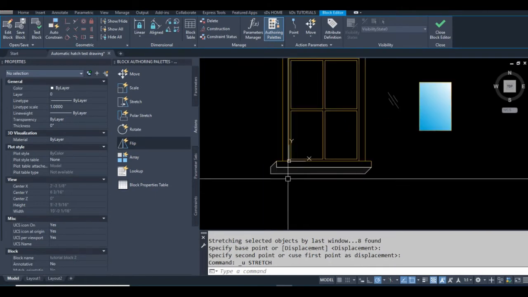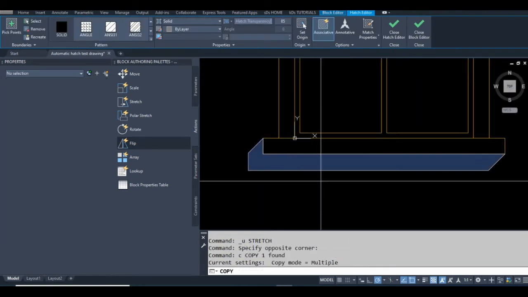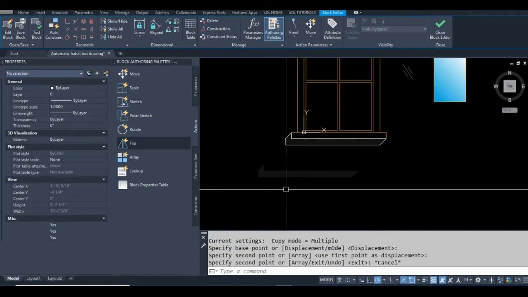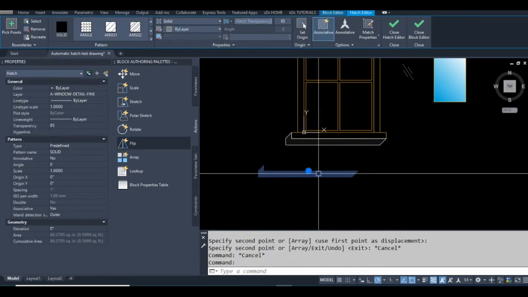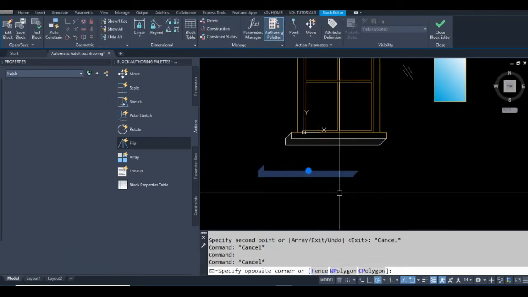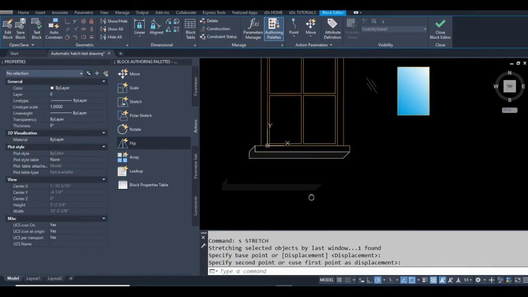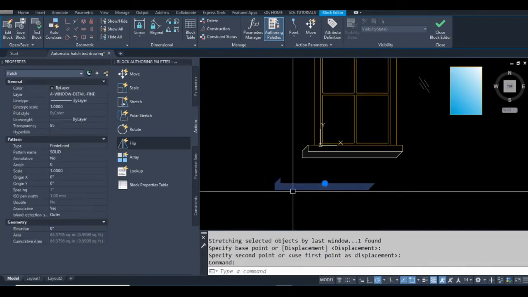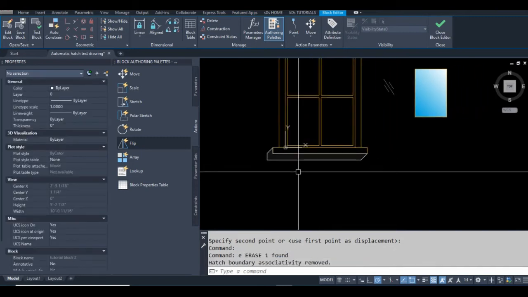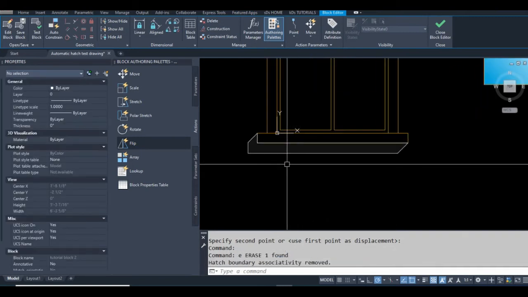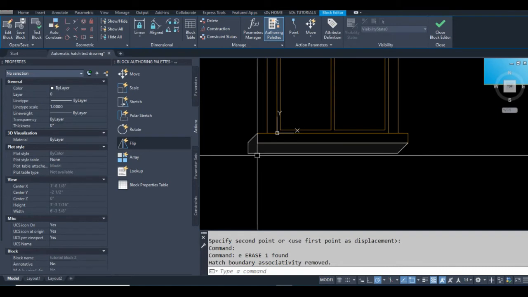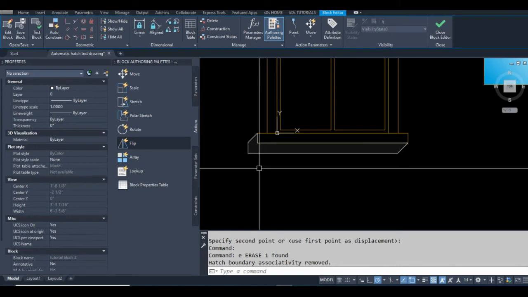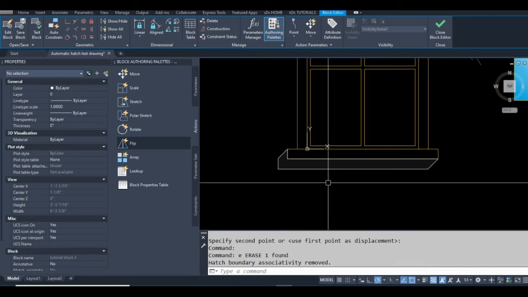So the hatch needs to have a boundary. If I copy this hatch out of that boundary, it's not going to associate with anything. I'm not going to be able to stretch it. Or if I break this boundary, I'm going to have issues as well. So there's a few things I could do. I could make this polyline the same color and same transparency as the hatch, but that's not going to look quite right. So if you ever use a transparent polyline, you'll notice that the nodes or the vertexes, the line,